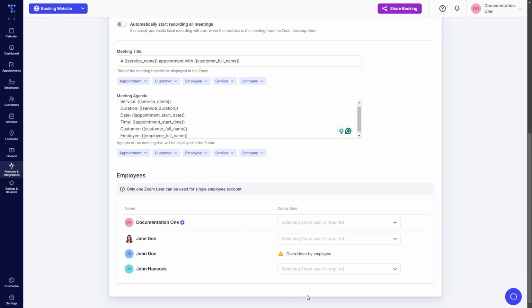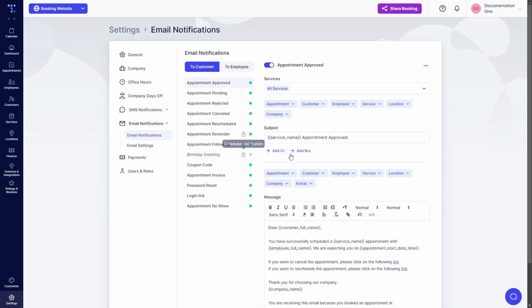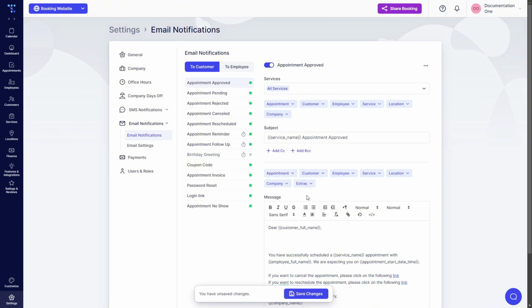What you also may want to do before allowing your customers to book is access Settings, Email Notifications. In here, under the appointment dropdown, scroll all the way down and you will see Zoom Join Phone and Zoom Join URL. Wherever you place the cursor and click on Appointment Zoom Join URL, the placeholder will be added. So this will be converted into a Zoom URL that your customers can use to join the appointment, or you can use it as a hyperlink